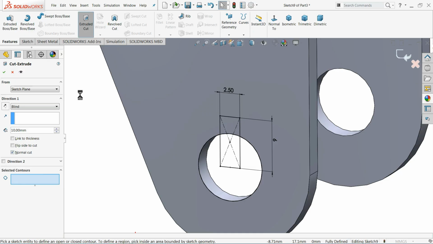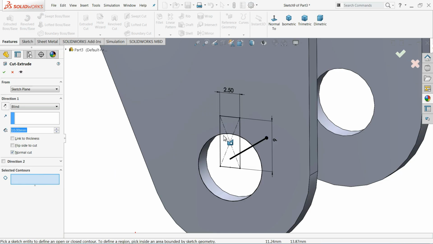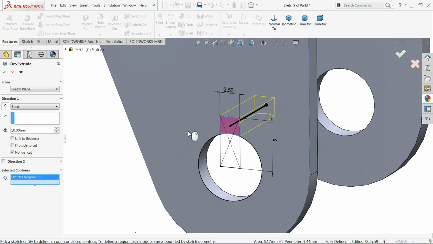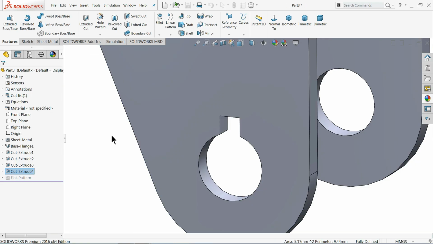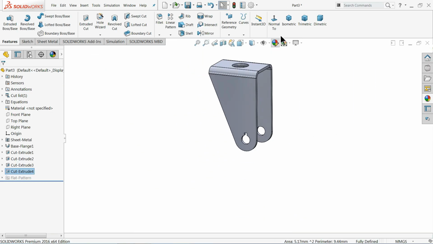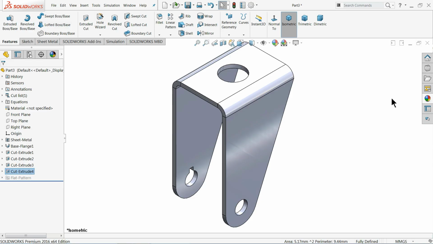extruded cut. Now here it will ask you, so just select this one and here select up to next, so that it will cut only up to the thickness. That's it. So this is your simple bracket,